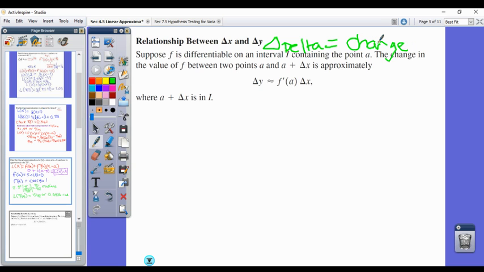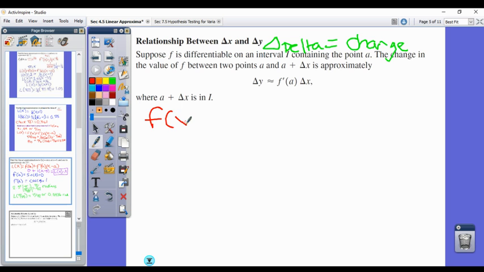All right. So the reason why this works is if I were to take my original function that I had,